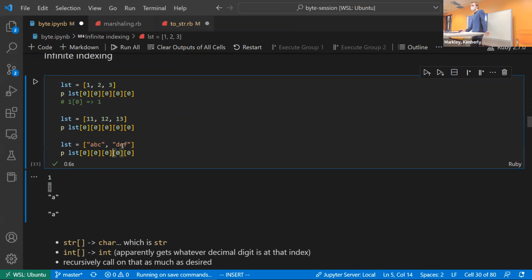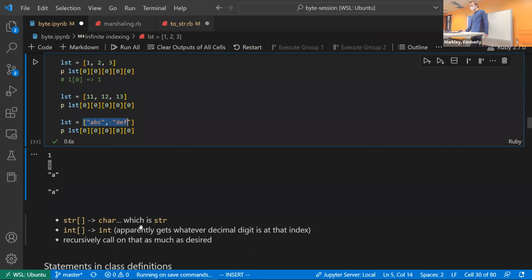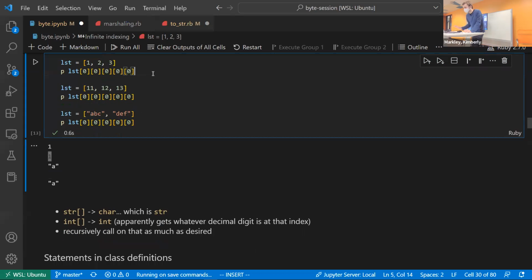And then kind of same thing goes for strings rather than integers. It just gets the first letter in it. And then you can also just call brackets on a single letter and it just returns the letter. So for this one, you have a string and you call brackets and it gives you a character, but in Ruby, they're the same thing. And so you can call it again. And then with an integer, it just gets whatever digit it is. So yeah, so